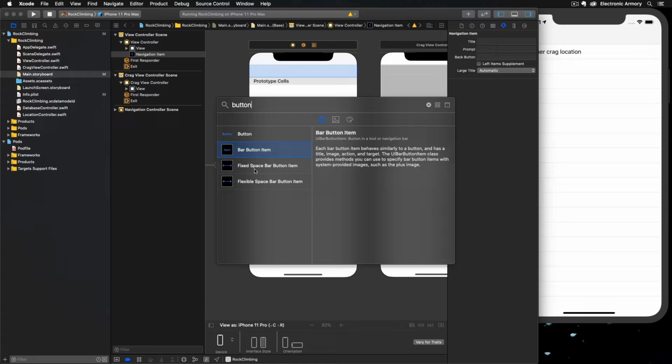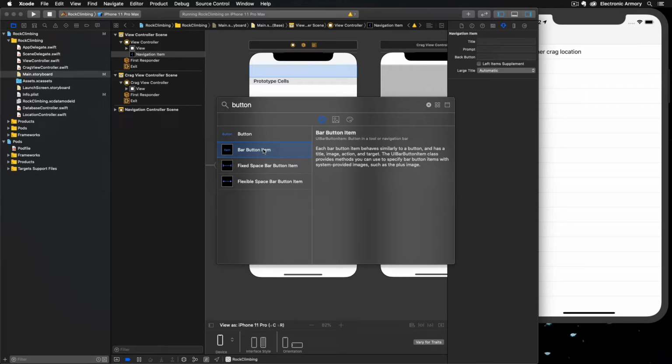Now we also have a couple of other bar button items, including a fixed space bar button item and a flexible space bar button item. And those two are going to be different ways of spacing out and organizing buttons when they're in a navigation item, or most useful, in a toolbar. Toolbars have multiple items, multiple buttons that you can press, and we might want to space those out a little bit differently. Maybe put two on the left, one on the right. So we might use a flexible spacing to make that space as big as possible and just slide one over to the right. We won't be covering that in this video, but if you ever needed to do that, that's mostly useful in a toolbar item,